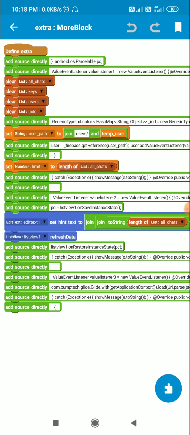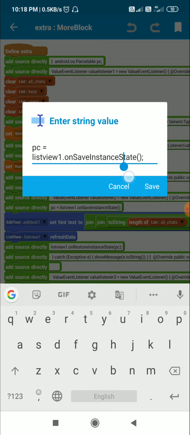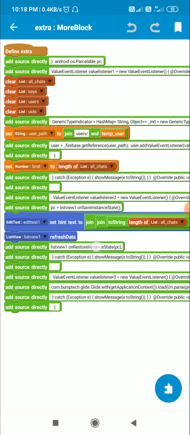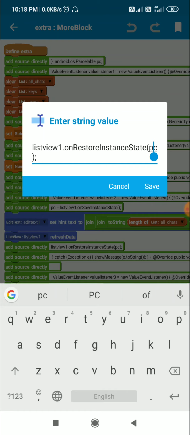So this means that before refreshing the data, we save the instance state of listview1, and after refreshing the data, we restore the state of listview1.